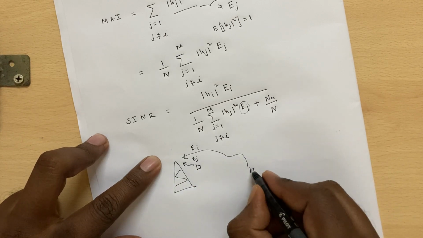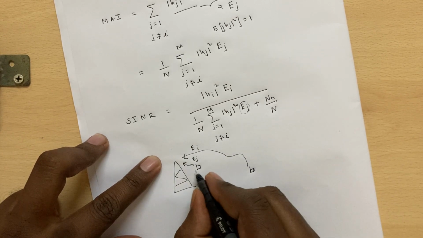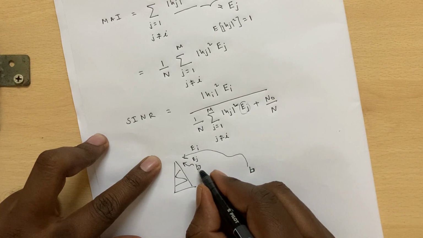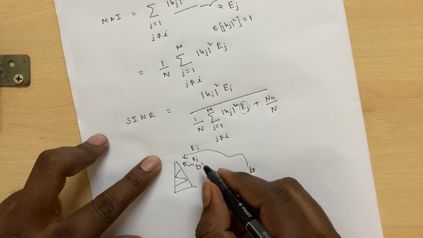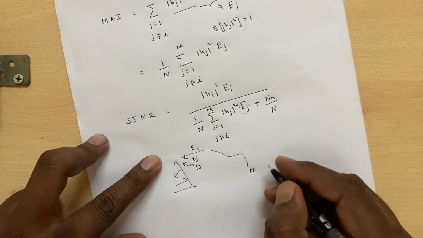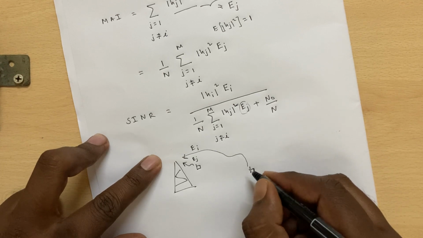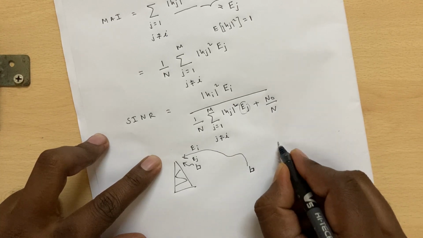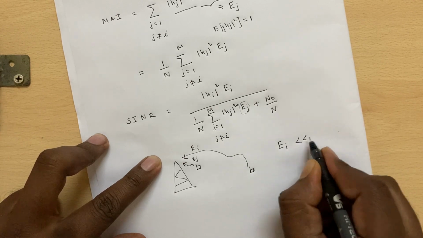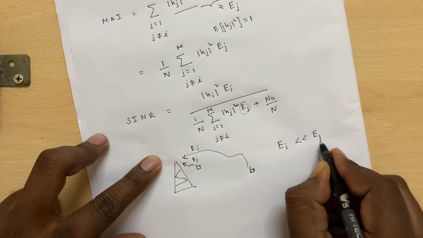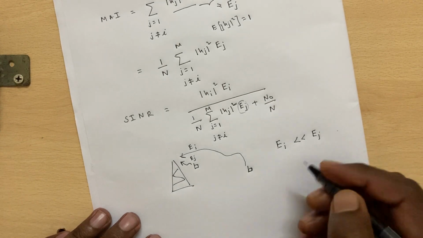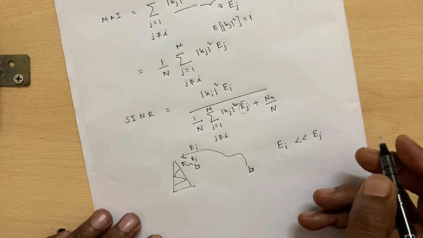So if both the users far away from the base station as well as the users near to the base station actually use the same transmit power, then it will happen that the received power from the far away users will be much less than the received power from the users who are very close by to the base station.